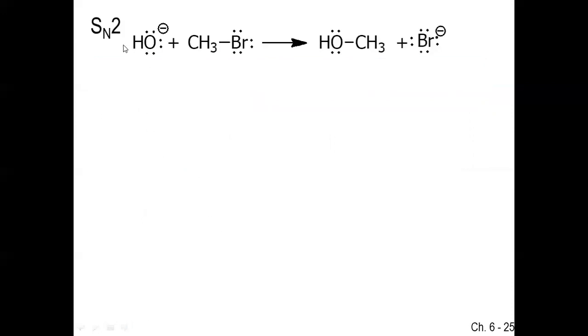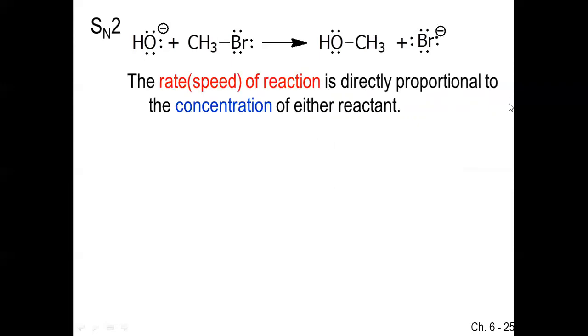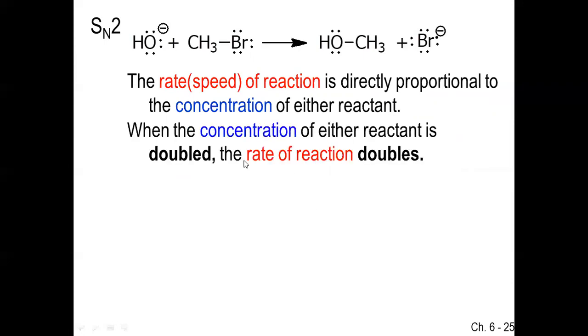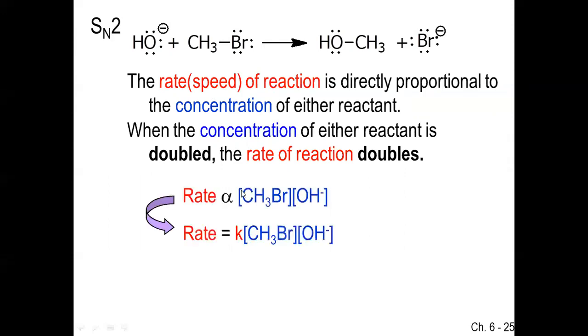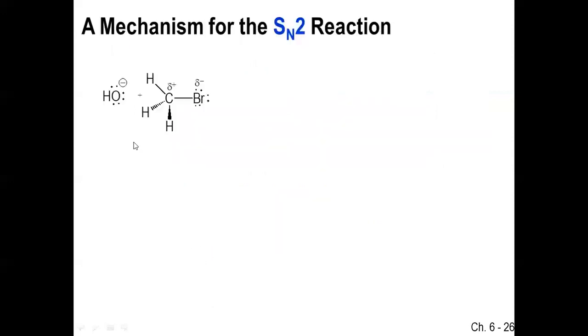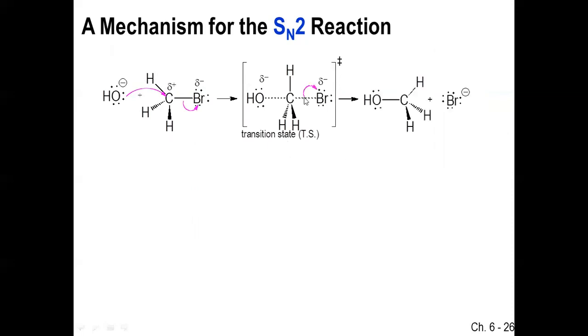In the SN2 reaction, an alkyl halide reacts with the nucleophile. The rate is directly proportional to the concentration of both the alkyl halide as well as the nucleophile. So as the rate is dependent on both, it is second order kinetics, and hence it is called bimolecular nucleophilic substitution. Let us understand the mechanism. Step 1 is attack of the nucleophile from the backside, opposite to where the leaving group is present, to form the transition state, and then removal of the leaving group.